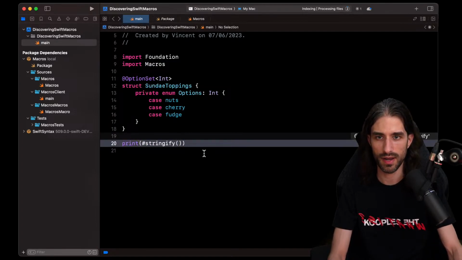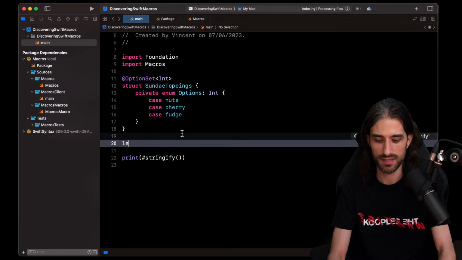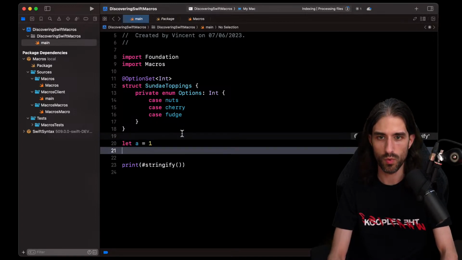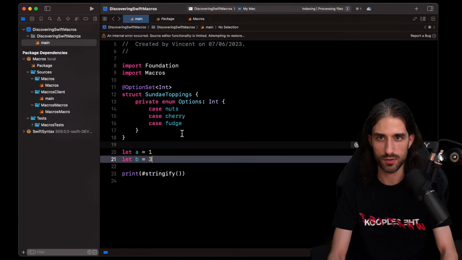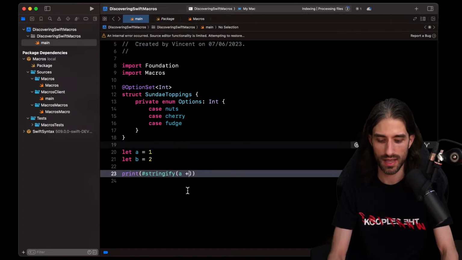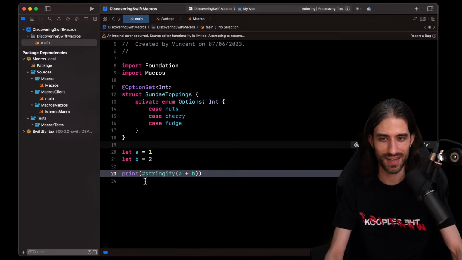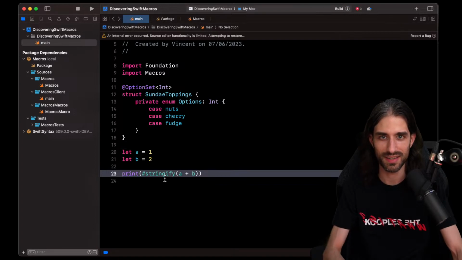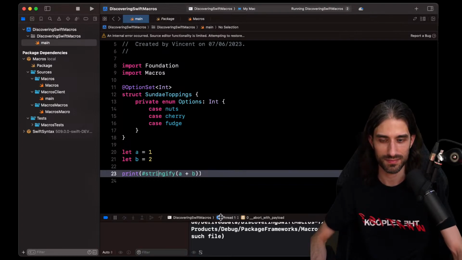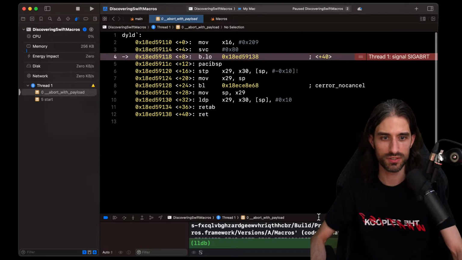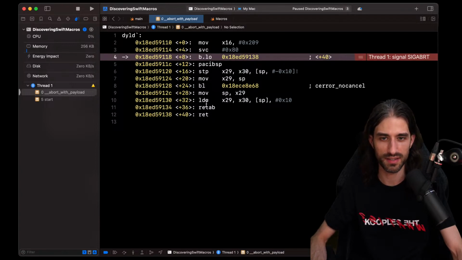And if now I do, you see, let A equal 1, let B equal 2, and then I do A plus B. Yes, we have the good syntax coloring. Okay, it seems it should work. Let's run this. If it works, it's going to be so much more a success than yesterday's live about SwiftData when it came to actually executing things.